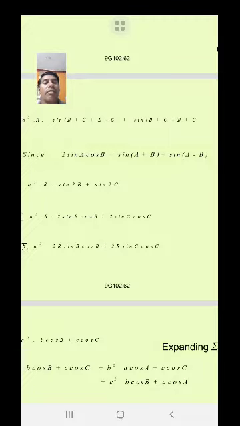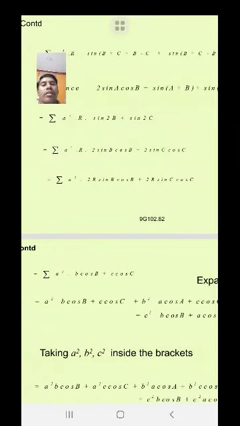Here brackets are missed. Next step, sigma a square into r into sine 2b, which can be written as 2 sine b cos b from compound angle formulas. Similarly, sine 2c can be